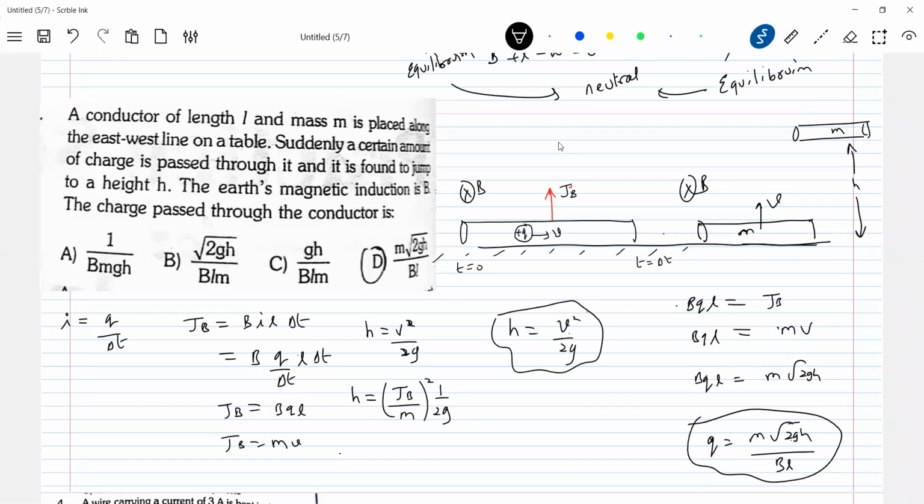Again, what they do is connect this rod to a spring. They'll pass a charge, and because of the velocity it will go and compress the spring. So all other related problems will come. So when a charge suddenly flows through a rod, what will happen? An impulse is set up. Rest all application problems you have to manage. When a charge suddenly flows through a rod, an impulse is set up. This idea, and rest all everything, will bring all other conditions.